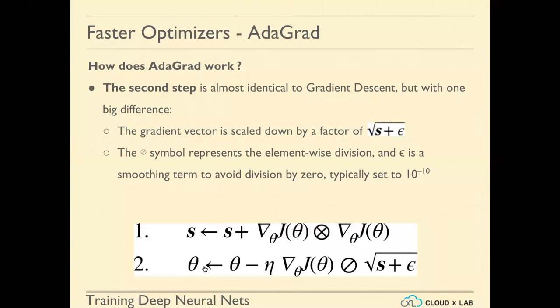Next, for each of the thetas in every dimension, we assume the initial value of thetas. And then for every theta, the next value of theta is equal to the previous value of theta minus eta multiplied by the rate of change of the loss function with respect to that particular theta, divided by